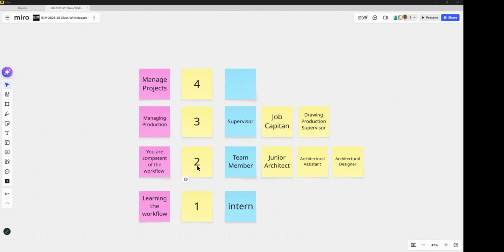In step 2, you are shoveling the dirt. In step 3, you know how to shovel the dirt, so you oversee other people shoveling the dirt. And at step 4, you are pretty much dealing with clients.